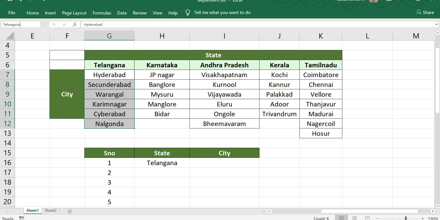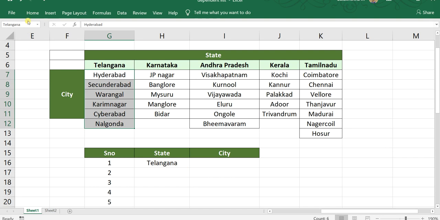And remember, this name should match with the drop down list created here. For Telangana it should be the same one, not other names like state 1, state 2, because the name range which we are going to create is dependent on the previous drop down list.